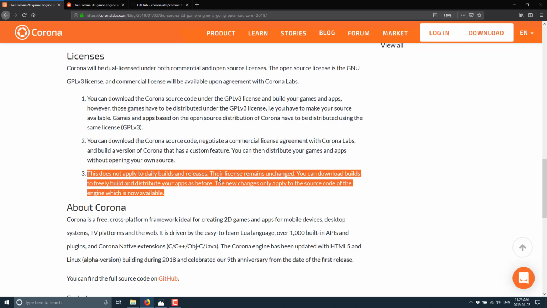So basically, if you are using the free version of Corona as it stands right now, you can continue to make commercial games completely for free. Just do not touch the source code. Do not go anywhere near the source code. And you can even get into this weird sort of, well, did you access the source code? You owe us a license kind of thing. Just blinders on, stay the hell away from it, unless you want to negotiate a commercial license with them or you want to release your project as open source. There's no middle ground here, and that's where I can't stand the GPL3 license, to be honest. So that is the announcement.